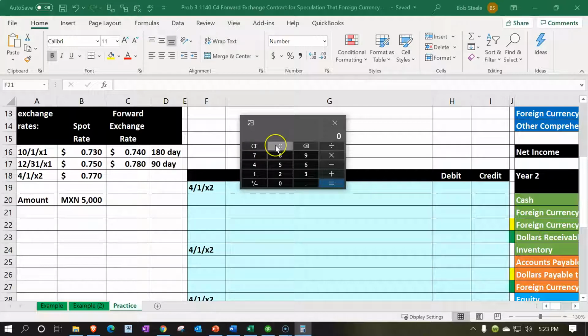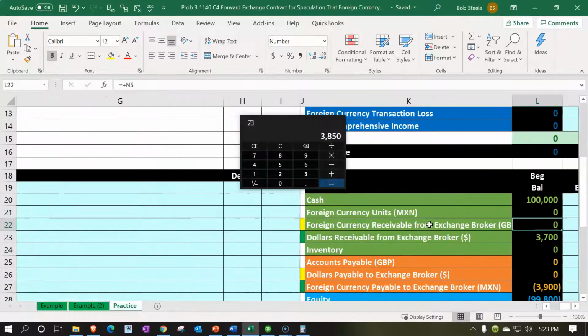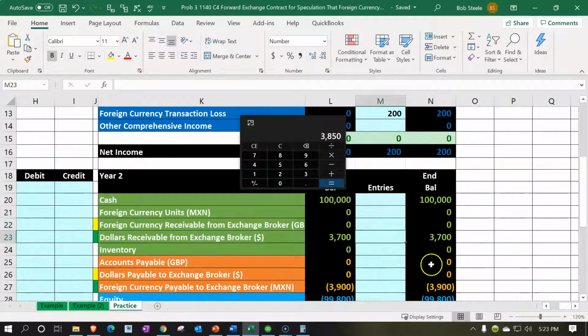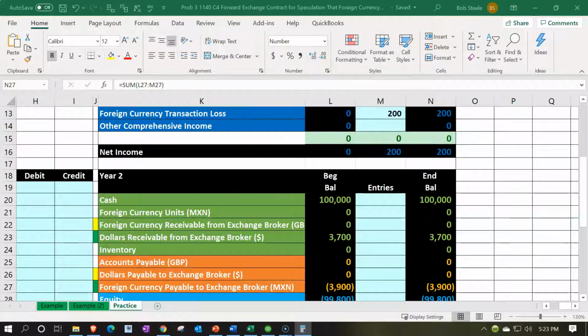We're not looking forward anymore. We've been looking forward to this time, to this spot. We are at this spot now, therefore using the spot rate. So 5,000 times the spot rate of 0.77 is going to be 3,850. What we currently have on the books for the payable is the 3,900. So if I subtract the 3,900, we have a $50 amount that we have to decrease to the accounts